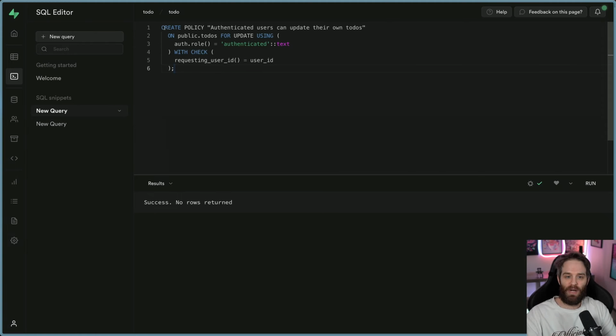With this, you can just create a policy called authenticated users can update their own to-dos. So obviously, if you're not doing a to-dos app and you're doing something else, make sure you update this. And then you set the auth role to authenticated, and then with check requesting user ID equals the user ID. Then when you run this, you should get success, no rows returned,